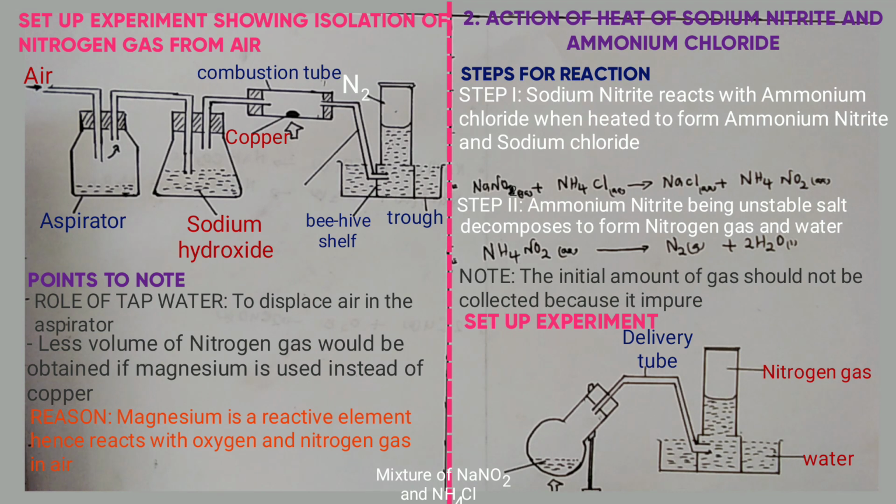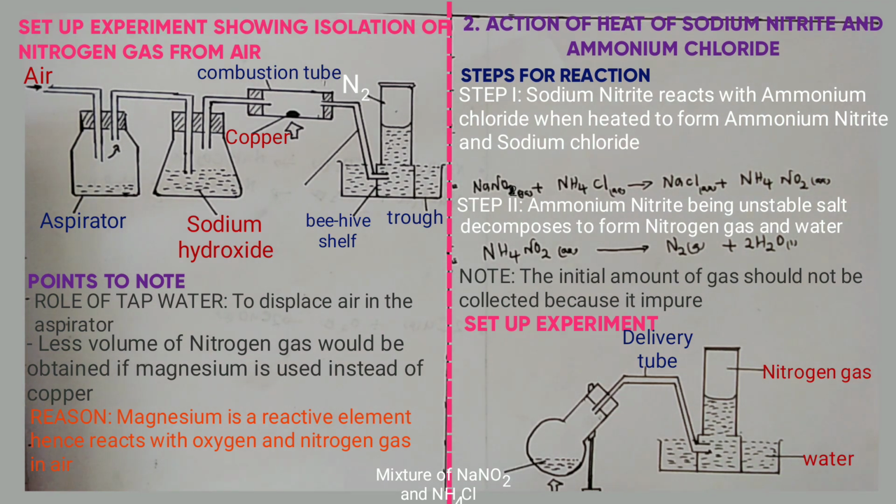Now take note that the nitrogen obtained in the first method, that is isolation from air, is denser than in this second method here, because in the first method it contains impurities, that is noble gases and dust particles. Now learners, the next lesson we're going to look at